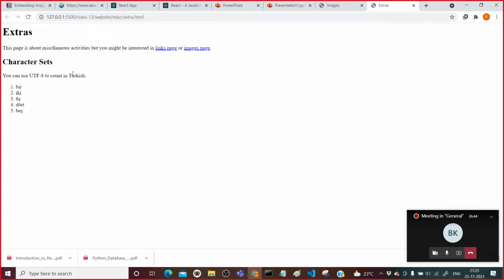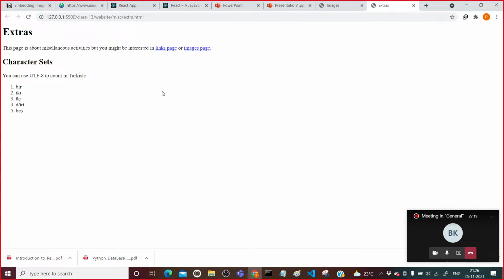Before, the browser was not able to understand those things, but now it understands that you are making use of the Turkish character set, not language. Mind it that character set and language are completely different. Different languages make use of different character sets to express their contents. One more important thing, you will not be able to see the UTF-8 on the web page.